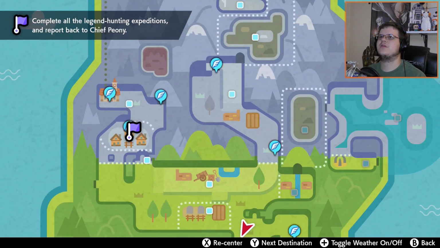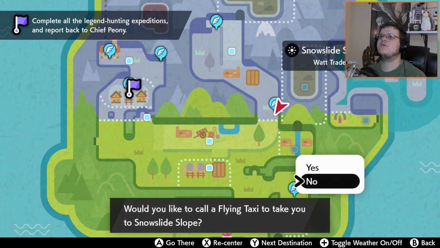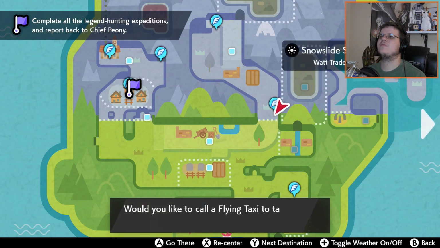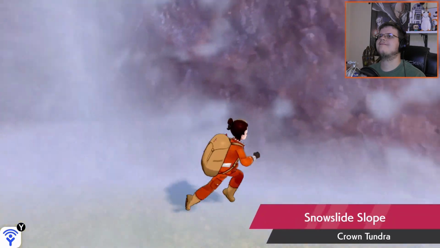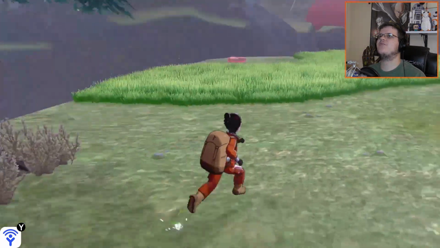And we're going back to Giant's Bed, because that's where we need to go. Where snow meets ice is apparently where the next one is, so... Not sure where that is. I'm assuming in there, since that makes the most sense. That's still technically part of it, so maybe go in that cave. Okay. Yeah, 3 Point Pass seems to be the place I need to go, so I need to figure out where that is, but...